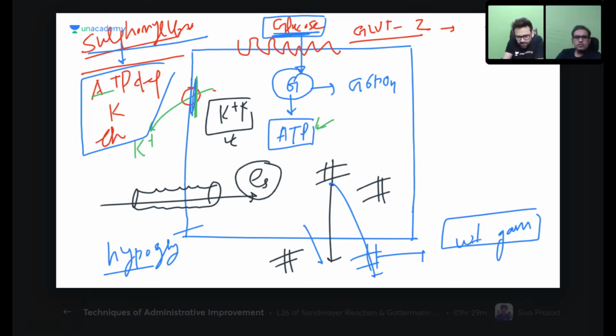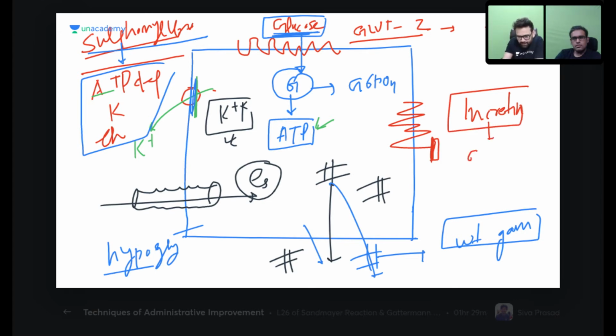But one more site of action is there for release of insulin, and that has a serpentine receptor. Yes, very good. Incretin hormones are released in the GIT. What are incretin hormones? There are two hormones. One is GLP, glucagon-like peptide. Another is GIP. What is the full form of GIP? GIP is what? It is not gastric inhibitory peptide. It was named 20 years back, and now it is called glucose dependent insulinotropic peptide.